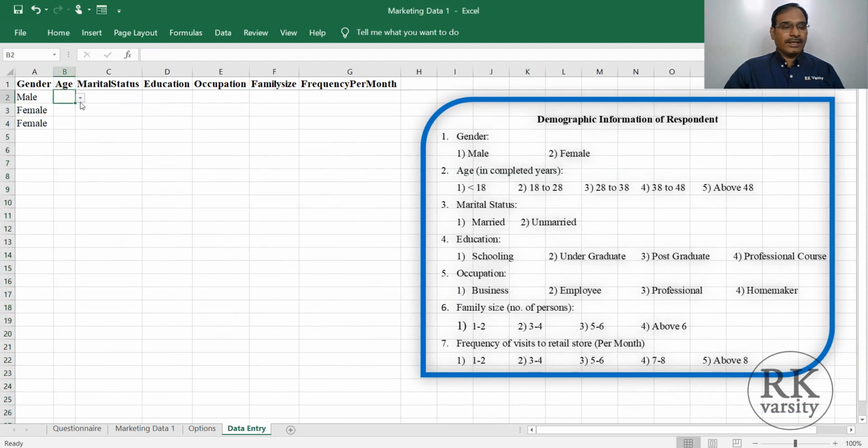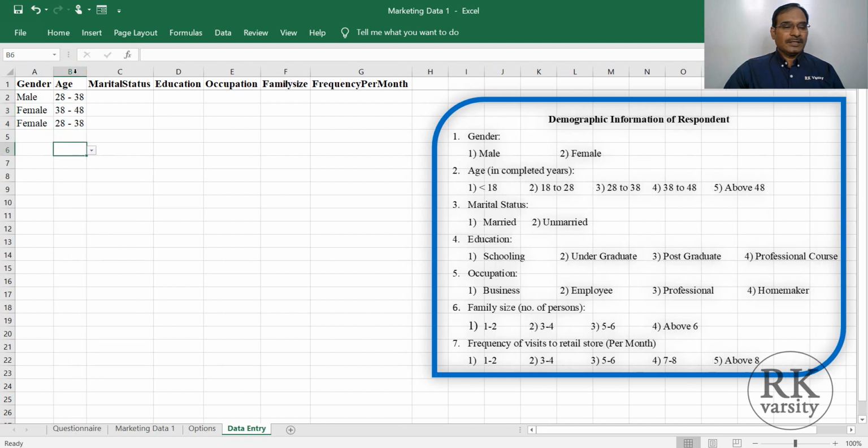Now in the age column, click on the list button and the age groups are listed here. So select the age. Likewise, that means you are avoiding errors, in the sense you can directly choose from the list.